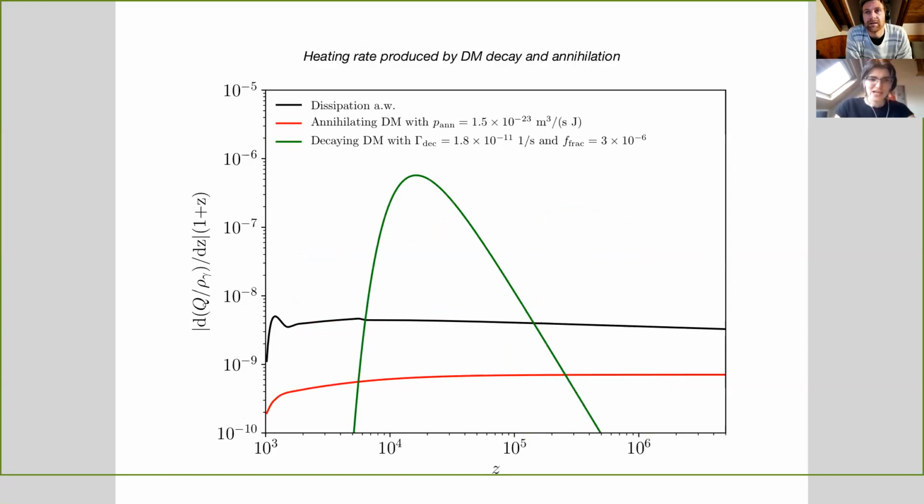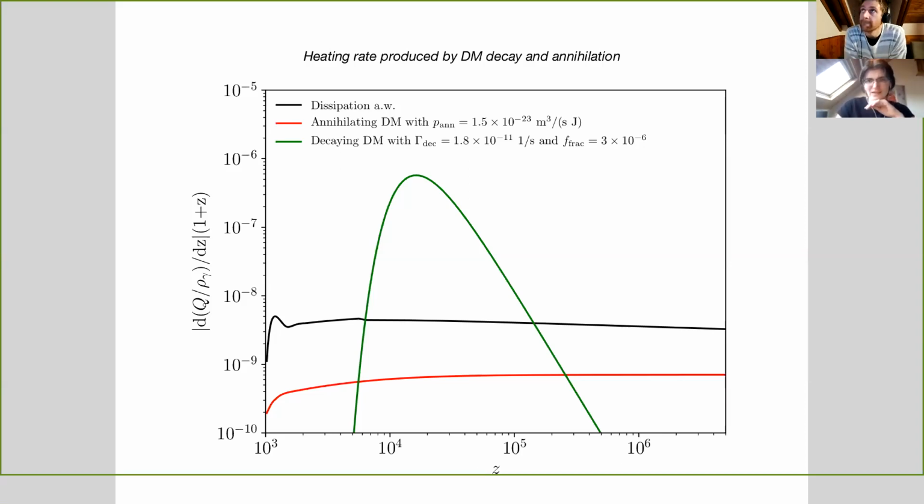I just want to flash one example of a heating function here, because I've been focusing on the intensity spectrum, but I mentioned that a big part of the work was quantifying this heating function. This is just to give you an idea of what the heating functions look like, for the same cases as in the previous plot. We have the dissipation of acoustic waves, annihilating dark matter, where the heating function is substantially less than Lambda CDM, and the decaying dark matter case, which is substantially higher, especially at specific redshifts. This is enhanced dramatically, so this is really the signal that we would hope to see. This heating function would produce the previous plot, which is what we measure in the sky.